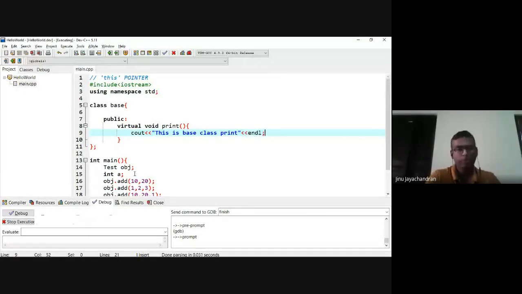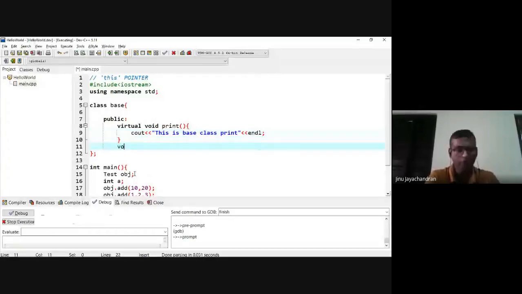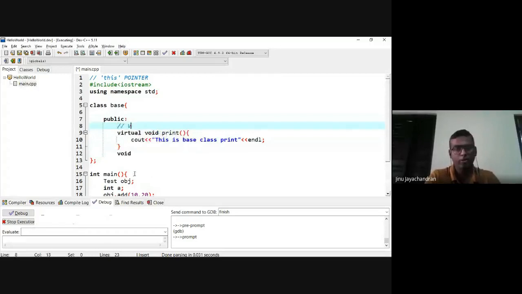And I have another function which is not virtual. So this is a virtual function, and this is not a pure virtual function.